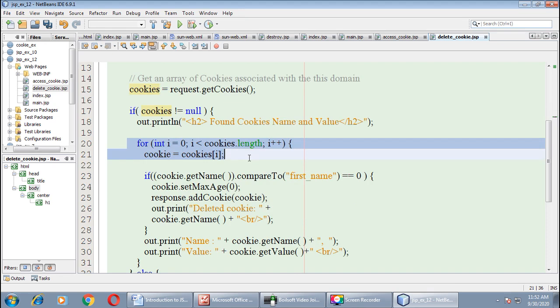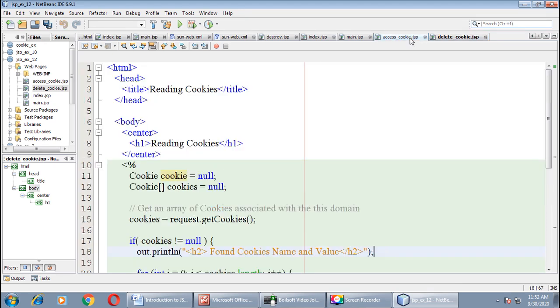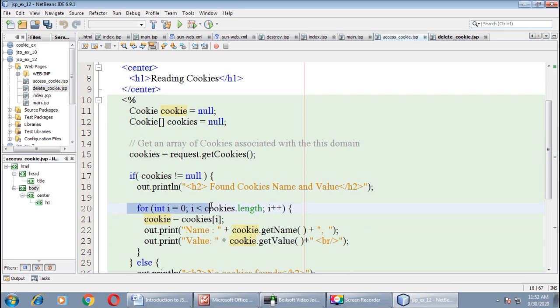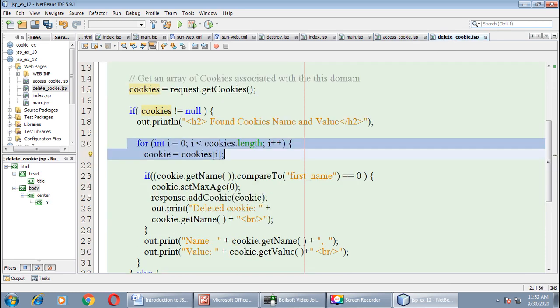Now cycle, as we have done in our previous program, right, with the for loop. Cycle is begin. Integer i equals to 0, i is less than cookies.length and i plus plus. Cookie equals to cookies of i. During the first iteration, this will access all the detail of 0th cookie, then first cookie, then second cookie, right? Whatever cookies you have defined in your main.jsp, the detail will come over here.